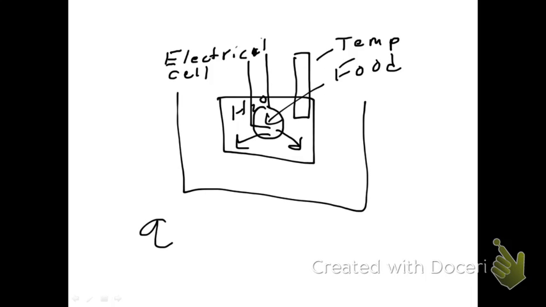Q is equal to the mass of the water times the specific heat of water times the change in temperature of the water, and this will allow us to actually calculate the amount of energy released by food. Okay, so let's actually do a problem here. So let's say we got a